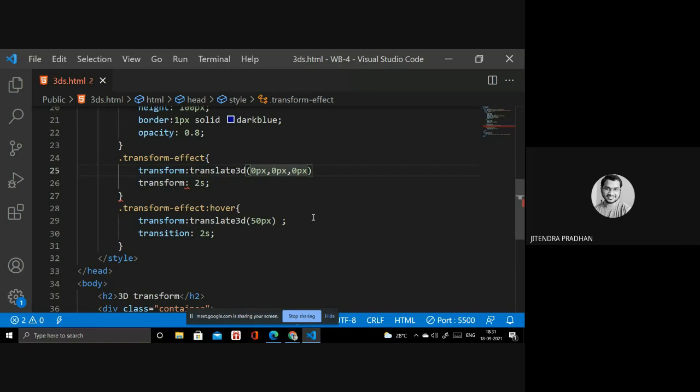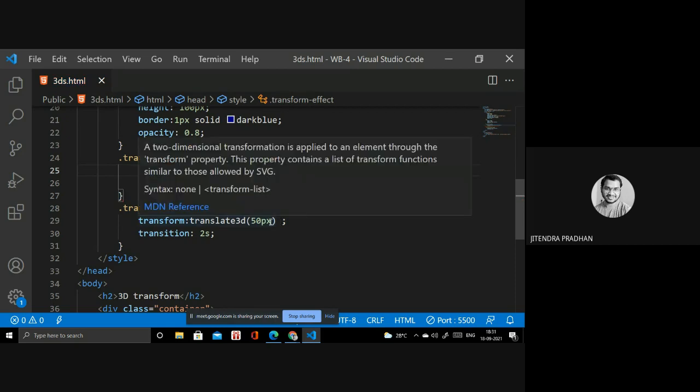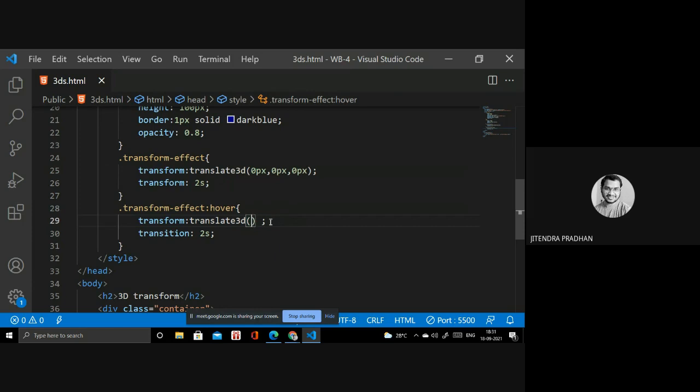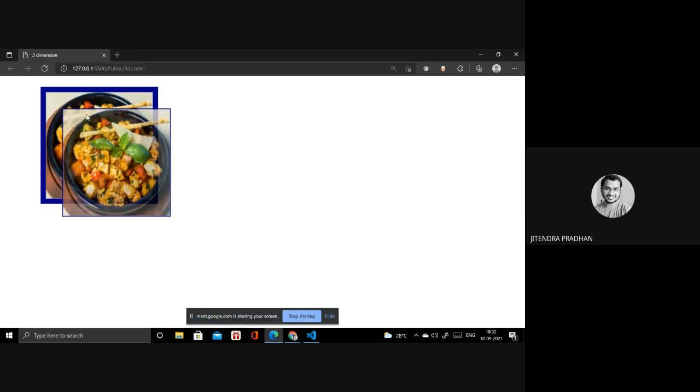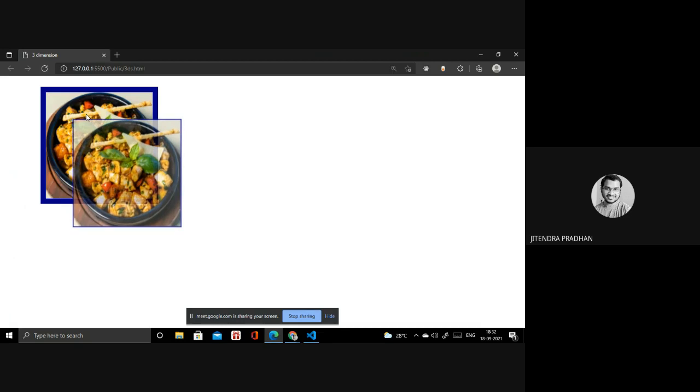Next, write translate 3D as 25 pixel, then 25 pixel, and the third axis a standard pixel like 50 pixel, whatever you need. If I mouse over on that, it will come out of the box. So according to that you have to apply.